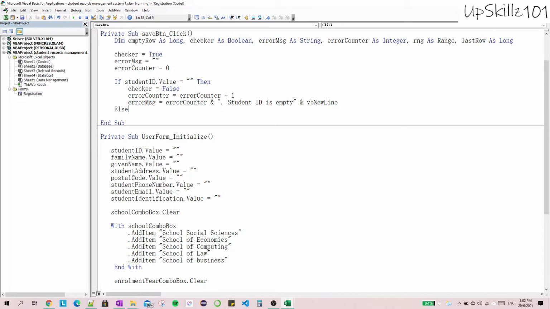Over here, else if, I'll also check that the student ID is a number. So that is the second condition that I'm checking. First condition, I'm checking if it's empty. Second, I'm checking if it's a number. So how do I do that? Else if not is numeric, then